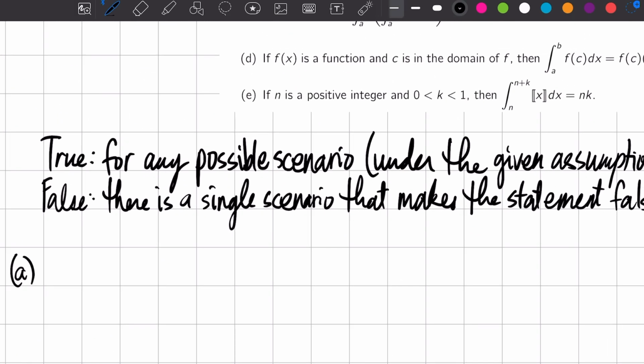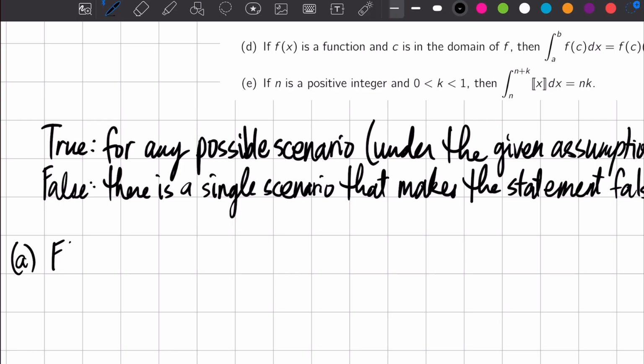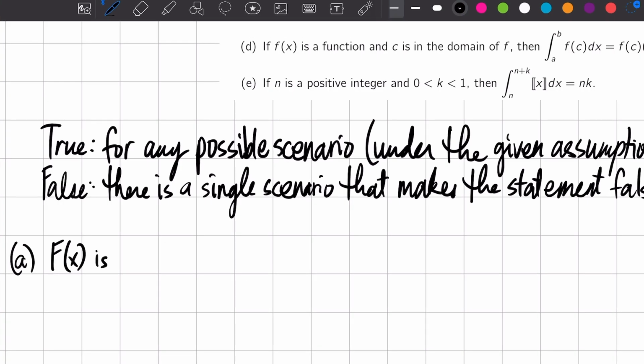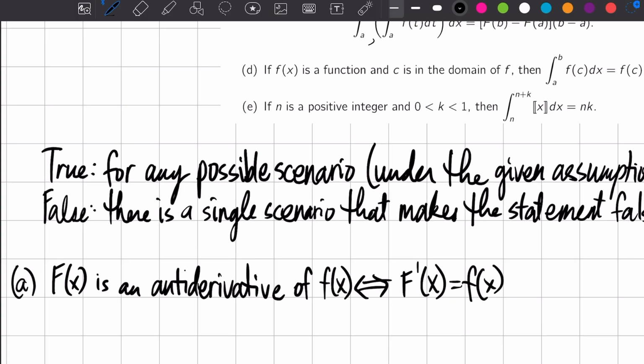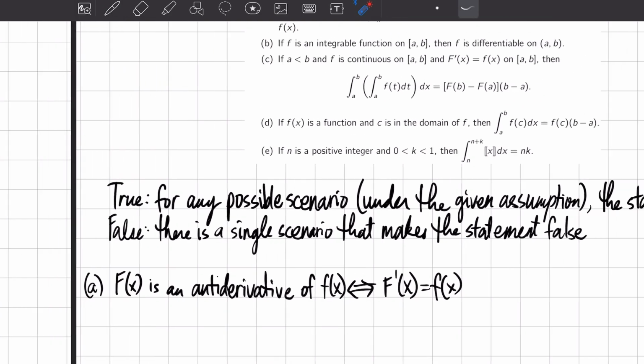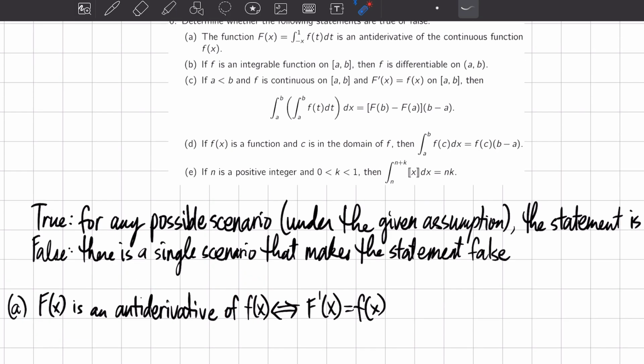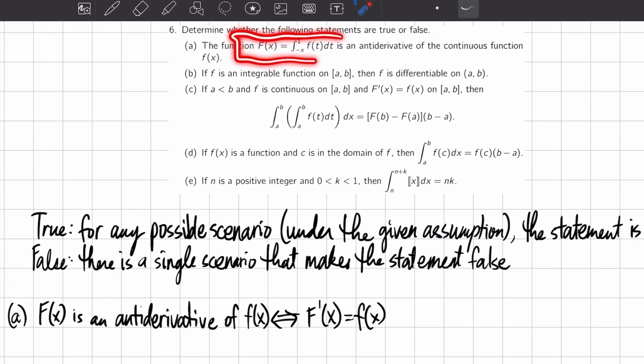So recall, F of x is an antiderivative of small f of x. That just means that the derivative of your capital F is the small f. Okay? So to check if this one is an antiderivative of small f, we just have to differentiate this function